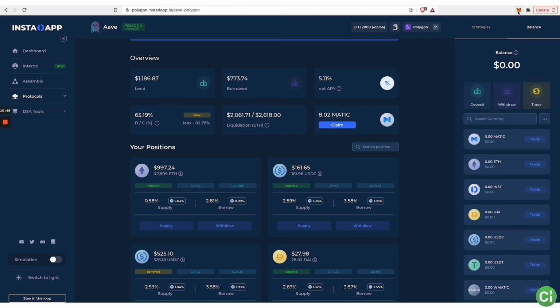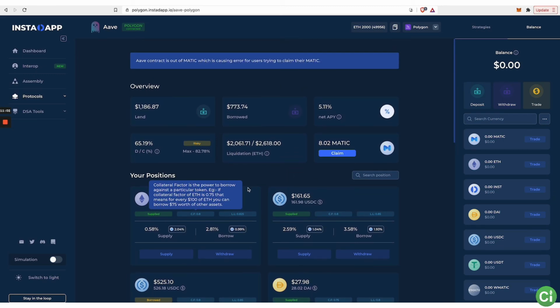It's taking it from MetaMask, depositing it into InstaDapp, then taking from InstaDapp and putting that into Aave from the InstaDapp account, right? And that is what allows us to do all of the stuff that you see in the simple strategies, and I go into what those strategies are, but this is the mechanics of how you use InstaDapp in order to do everything. So let's just cover a couple things that you would do, right?